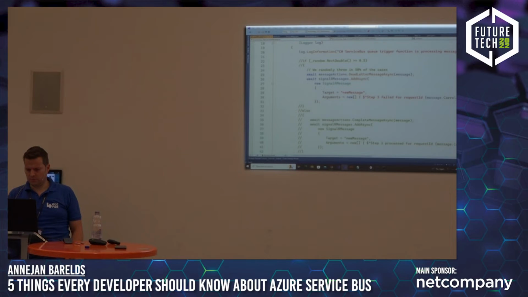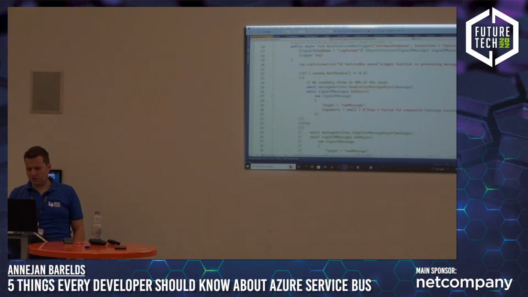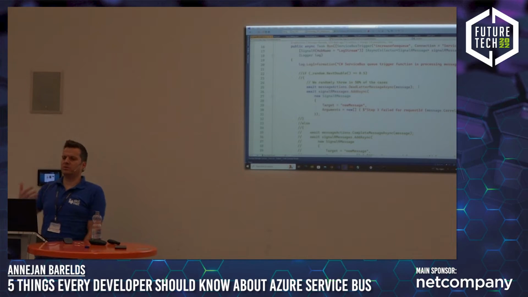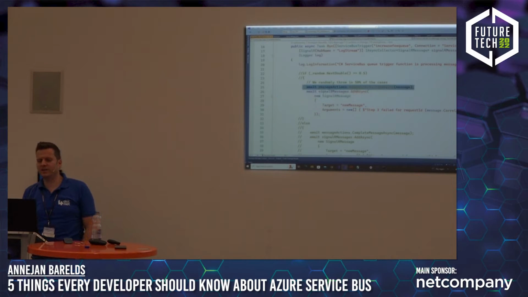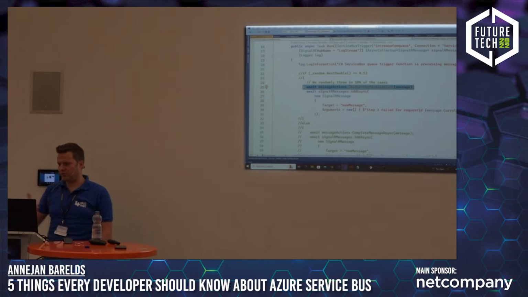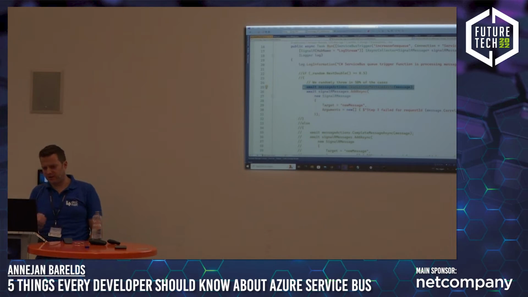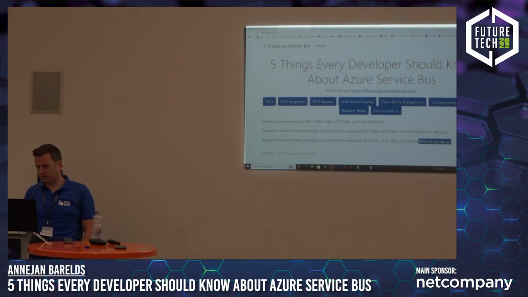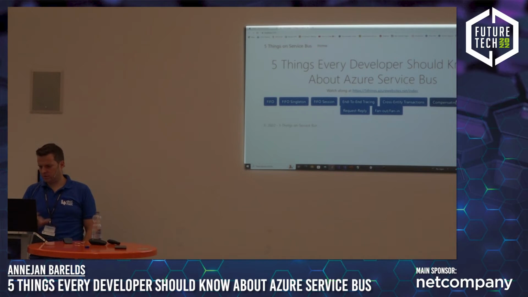I used to have a randomizer in there, but it was really annoying when you wanted to do demos and then 5 times in a row it just didn't fail. So I'm now just failing in 100% of the cases. So this is step 3. Step 3 is failing, it's dead lettering, and the topology is arranged in such a way that